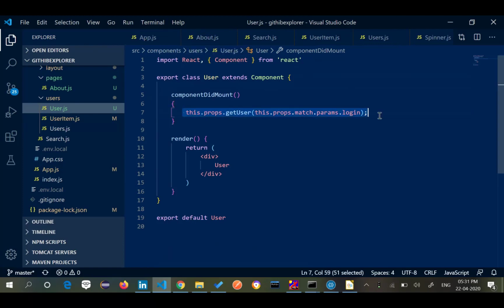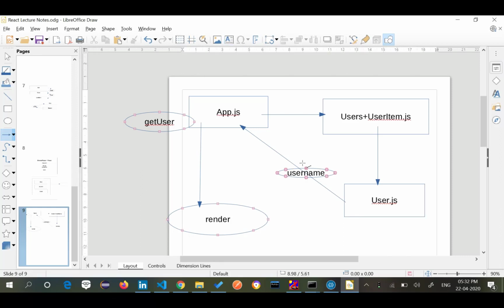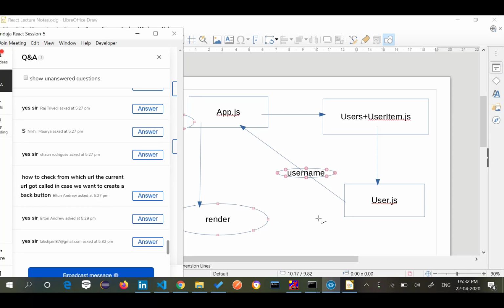See, try to remember, try to understand this line properly and try to see this diagram. So now user.js, if you can see here properly, app.js has a method by the name what? Get user. Get user requires the parameter name which is going to come from user.js. So obviously the data will be passed using what? A prop. But this prop is actually getting passed from user to app. I hope you all are clear with this point, because we have seen the same scenario when we worked with search and app. The search was actually passing the prop. So are you able to understand?